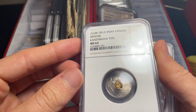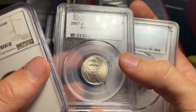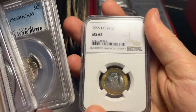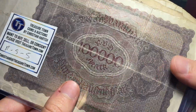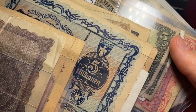Let's see what we've got here. We've got a Mint State 62 Gold Phantom, some satin finish Mint State 68 full steps quarter, 69 deep cameo nickel, and a Cuban 5 pesos from 1999. There's a bunch of different world currency, some larger 100,000 mark, that's a million mark, so some different German items,